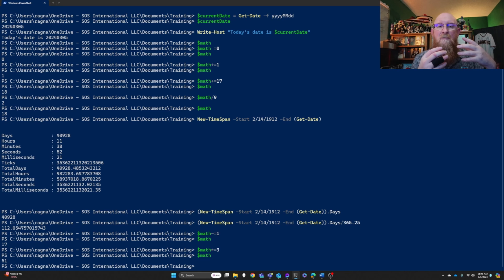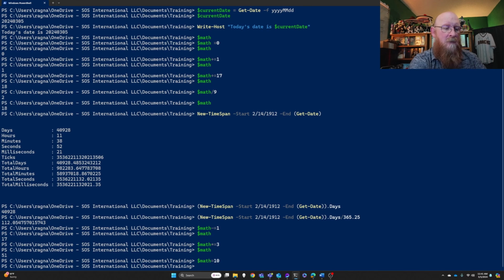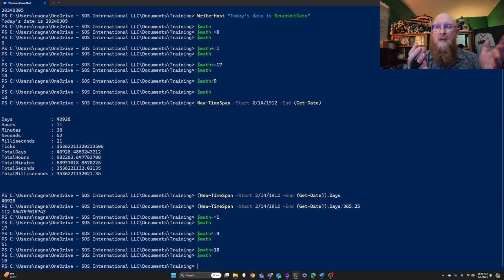And speaking of operators, right? So equal sign itself is an operator. So we're going to go back into math. We're going to now create it. So equal is an assignment operator. So we're telling it you are now this thing. So math is now 10. So you can do comparison operators. So comparison is where it is equal to, less than, not equal, greater than. So there are a number of different ways of showing that. And so when we're talking about equal to,